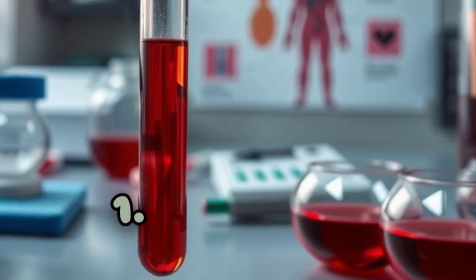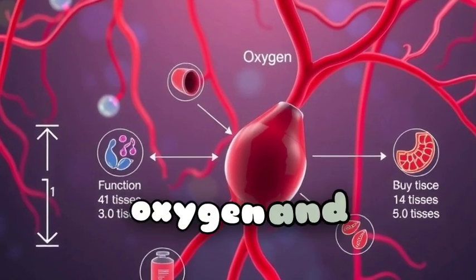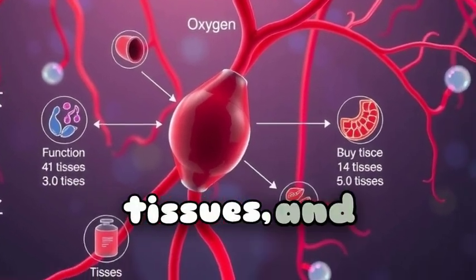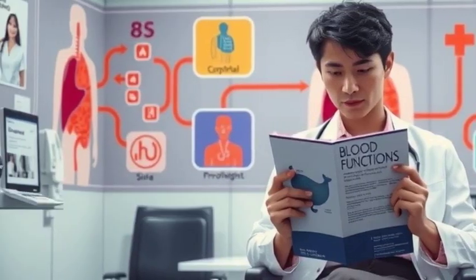Functions of blood. 1. Transport: delivery of oxygen and nutrients to tissues, and removal of carbon dioxide and metabolic wastes. Blood also